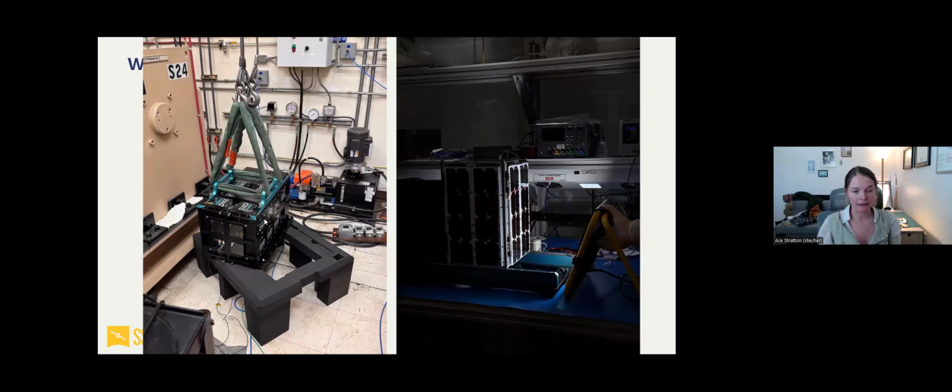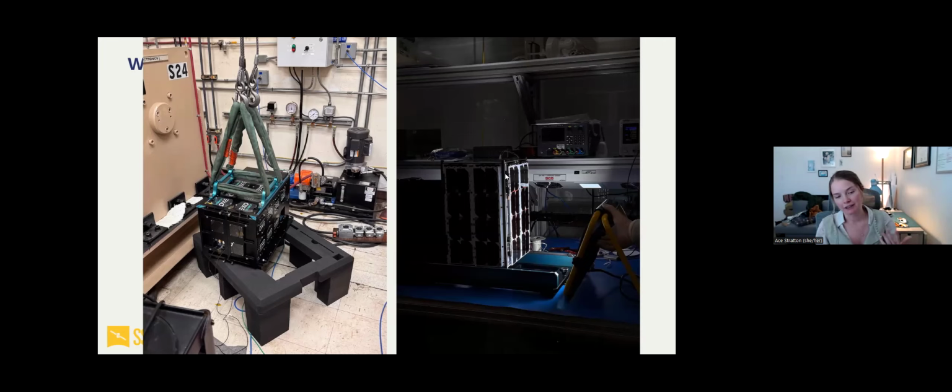So after you build it and you test it, you have to load it into this thing, and then you have to drive it all the way down to Southern California. You have to put it on a giant table, and you have to shake it as hard as a launch vehicle will shake. This is to make sure no bolts come loose, no screws come loose, that your instrument doesn't just break itself, because it turns out launches are really violent, and they really, really, really like to break things. So we tried to break it first. Good news, it didn't break.